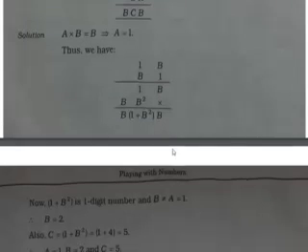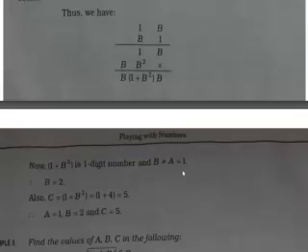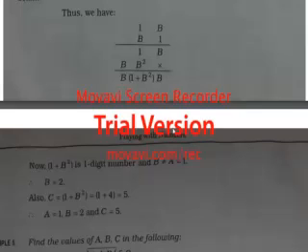So now what has been done is that now 1 plus B square is a one-digit number and B is not equal to A, which is equal to 1. As I had said, both should not be the same number when we are assuming. Okay, as we had assumed that A is equal to 1, so again in place of B also we can keep 1 only. No, when you are assuming the variable, you should assume a different variable.